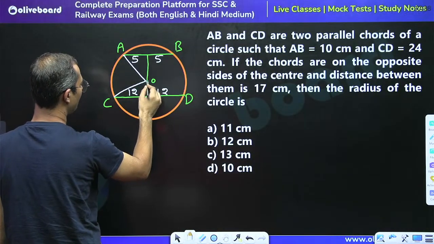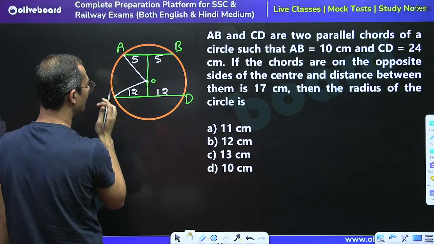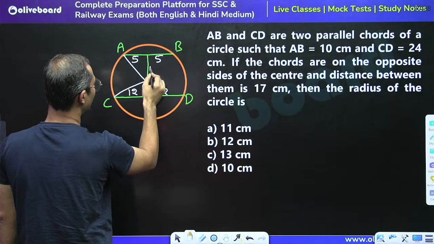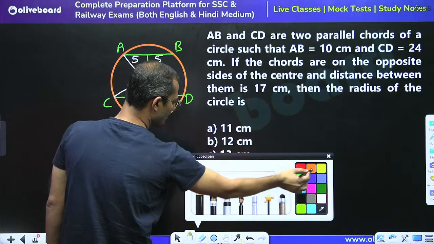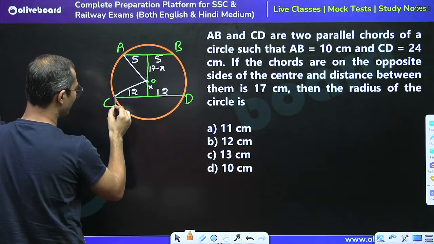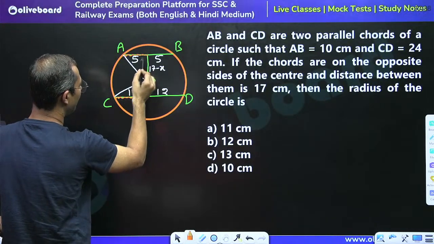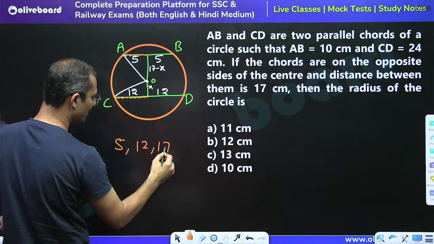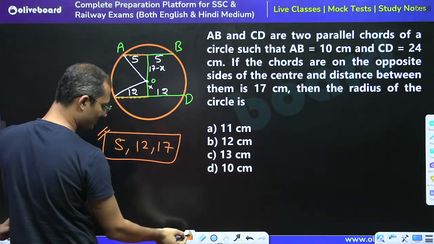See, now the complete perpendicular distance is how much? 17, right? So we can say that if this is x, then this is 17 minus x, since the complete is 17. Just by observing the numbers, we can remember that if one length is 12 and one length is 5, then by 5 and 12 we have one triplet, 5, 12 and 17, right? Just by observation we can say that